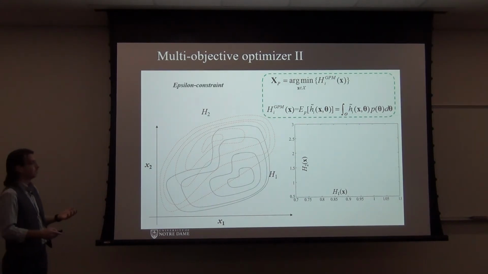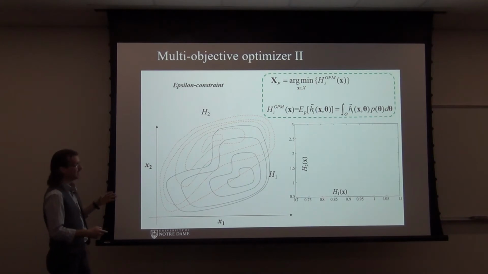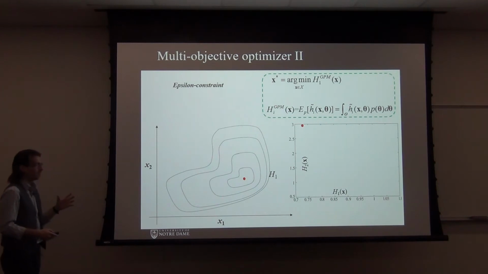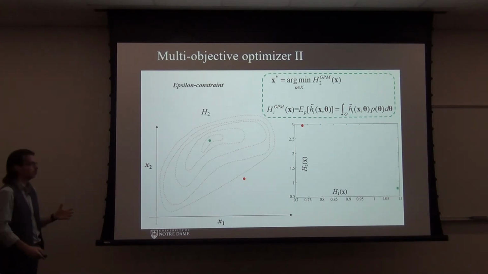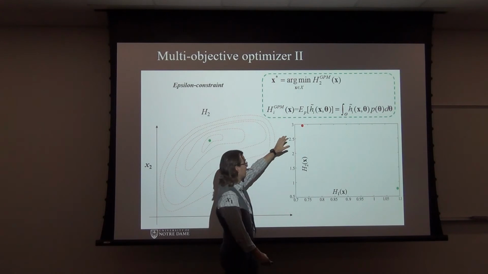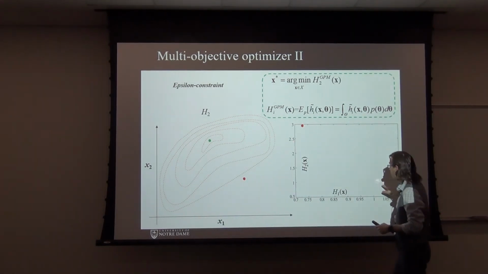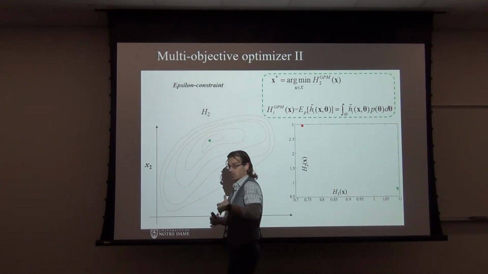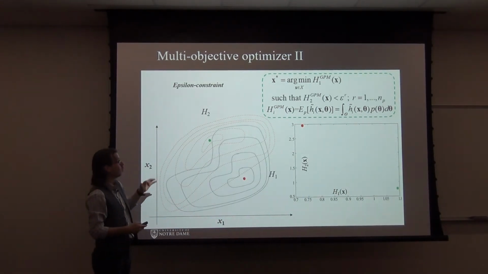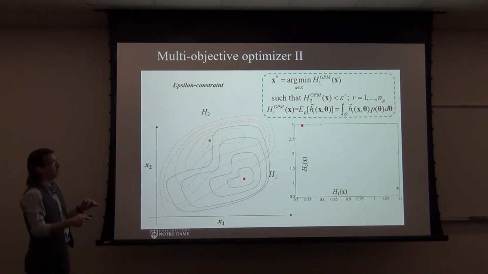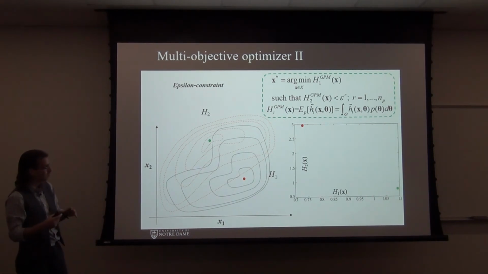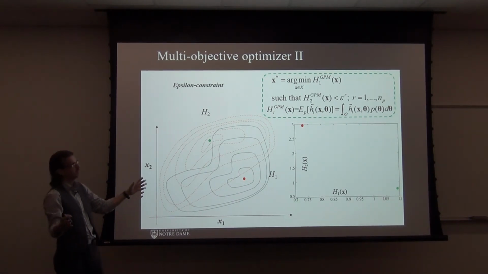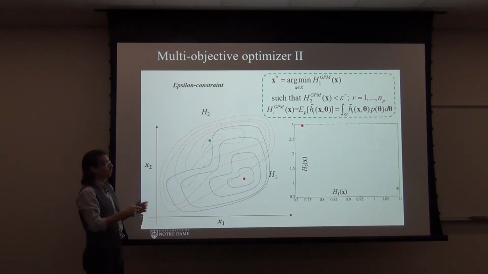With epsilon constraint, you start by looking at each of your objectives individually, so you solve the single objective optimization problem. Through this you identify the anchor points of your Pareto front, and then you convert one of your objectives into a constraint, and you optimize for the other one. So you convert your multi-objective optimization problem to two single objective optimization problems, and then a series of constrained single